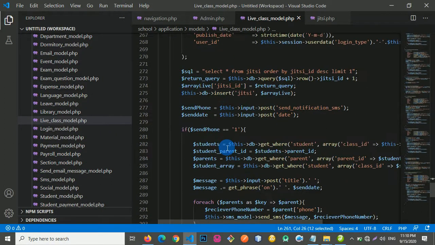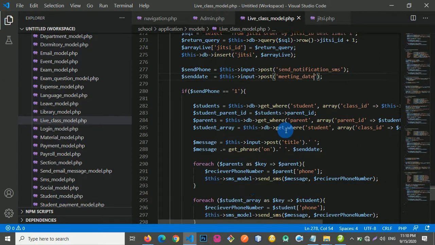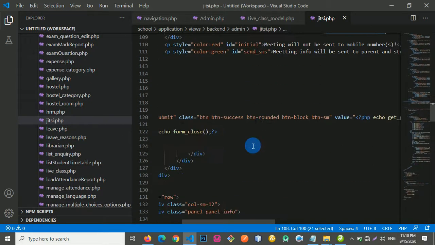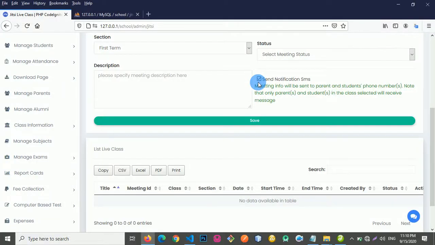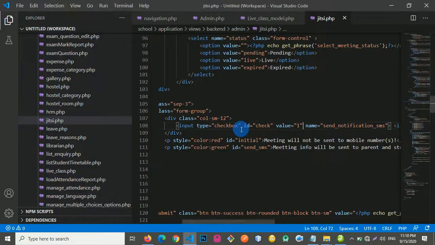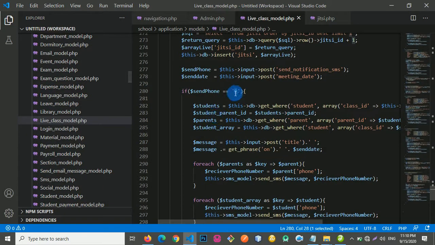All right, so if this is equal to 1, where do we get this 1? We got the 1 from the value, it is holding 1. If it is unchecked, that is 0, of course. So if it is checked, that is 1. Okay, so if it is 1, now I'm selecting from